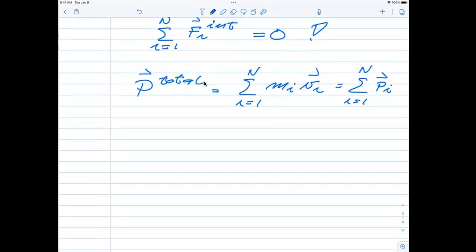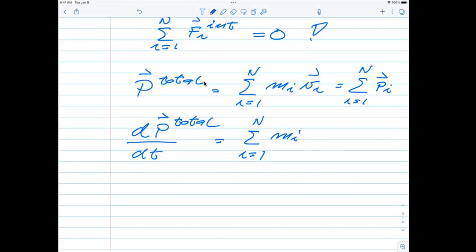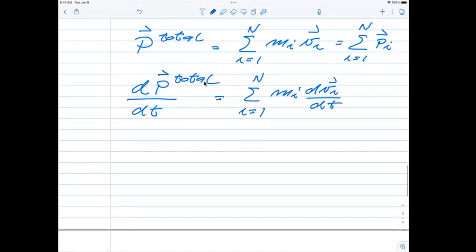Now, the other thing we need to do is take the time derivative of the total momentum, so we take a dt here. We have assumed that the masses are time independent. So when we take the derivative, we just have m_i, which is unchanged, it's time independent, and then we have a dv_i dt here. So this is now something which we recognize. If you look at this expression, what we have here,